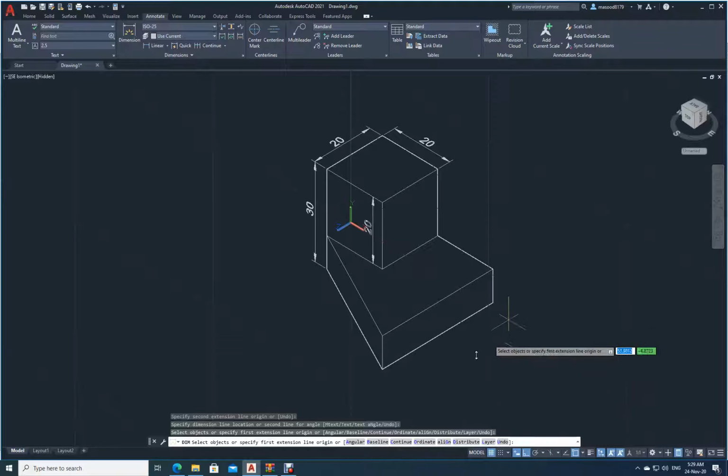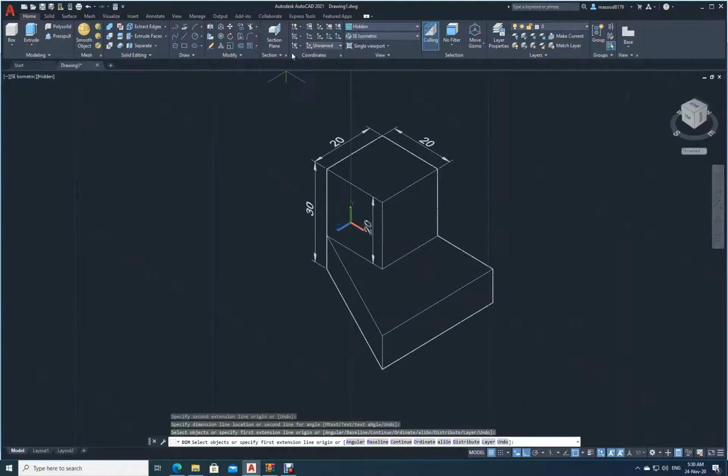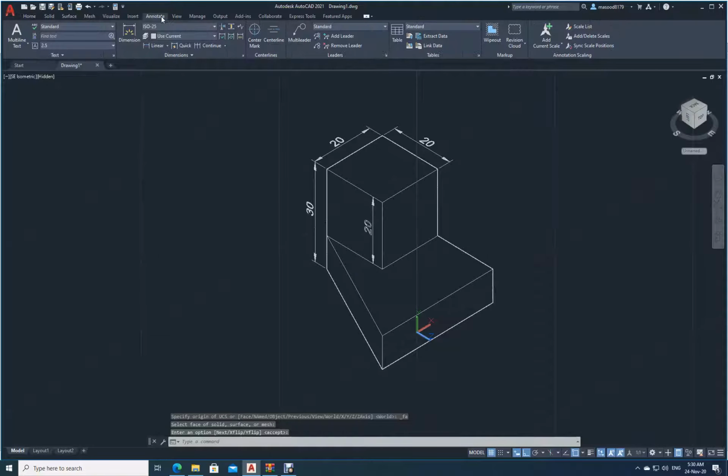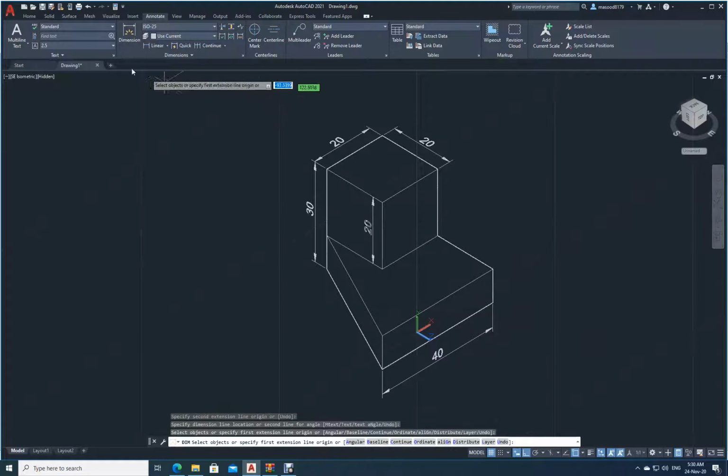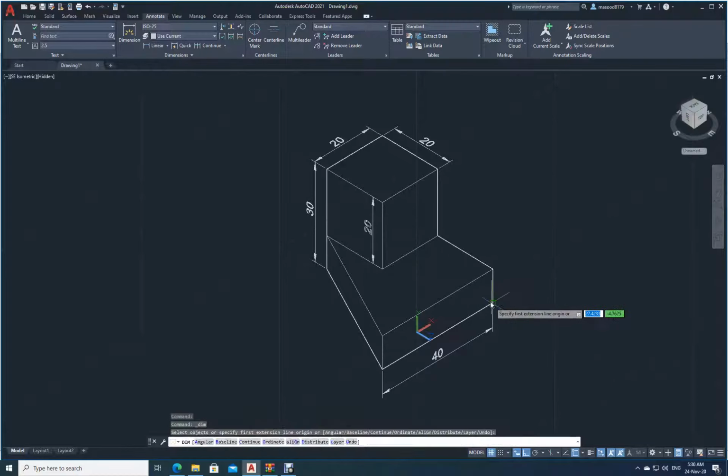Now let me come to this side, home. I will go here, select this face, enter. Now I will go to annotate, take the dimension from here to here 40, then from here to here,